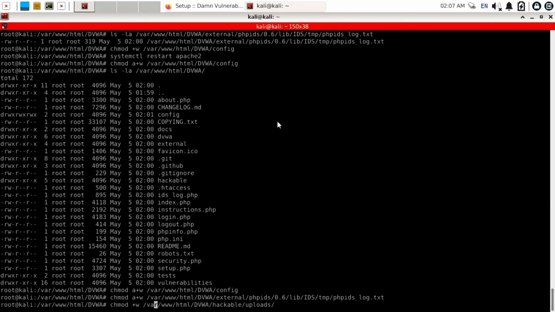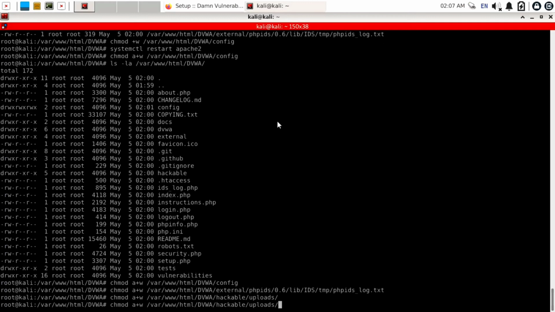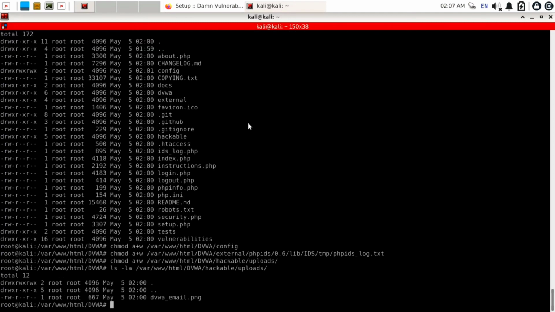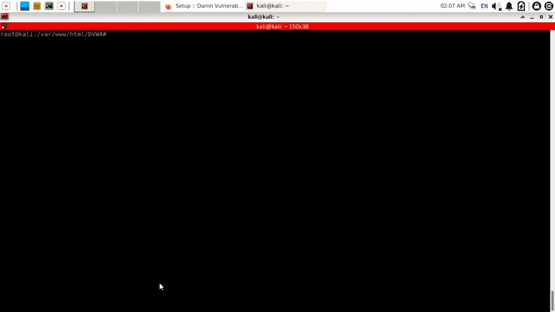Give same permission to uploads, a plus w, and hit the enter button. After that you can list its permission by ls -la. Okay, these are the files in between the upload folder and it is showing those permissions.